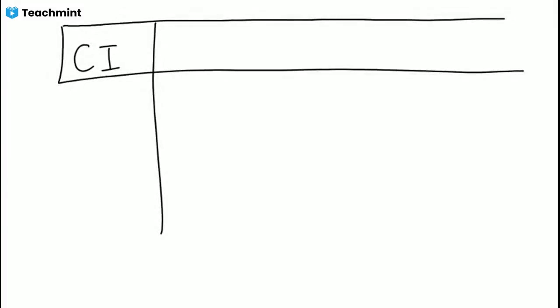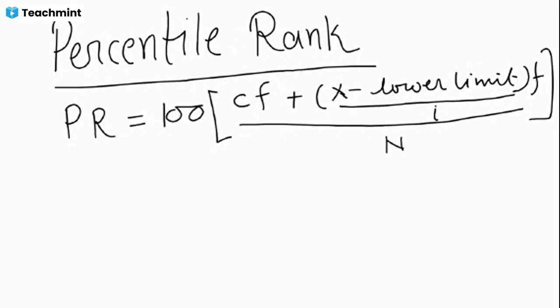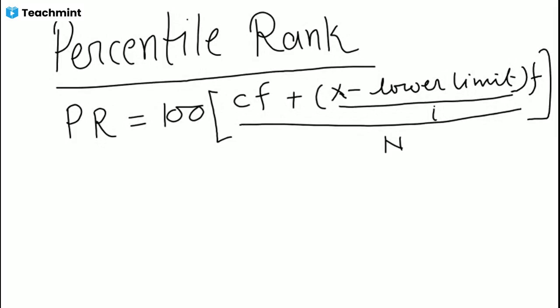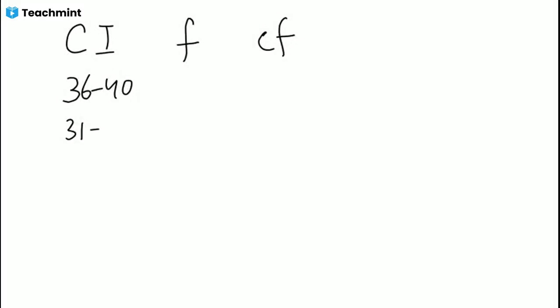You have the class intervals and frequencies, because only for that can we find the corresponding frequency and CF also. But how can we choose CF and f for this formula? First of all, you need to find the percentile for score 27. After that you need to observe where it lies, in which class: 36 to 40, 31 to 35, 26 to 30, and 21